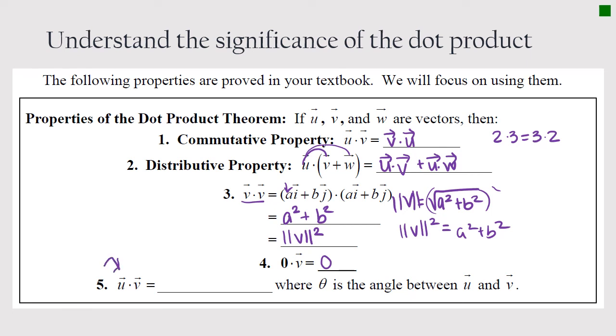This is another formula to know. Obviously, when we're multiplying them together, you multiply the horizontal components plus the multiplication of the vertical components. But another formula for this, and again the proof is in your book if you want to see where this is derived from, is you can take the magnitude of u times the magnitude of v times the cosine of the angle in between u and v. So you'll get